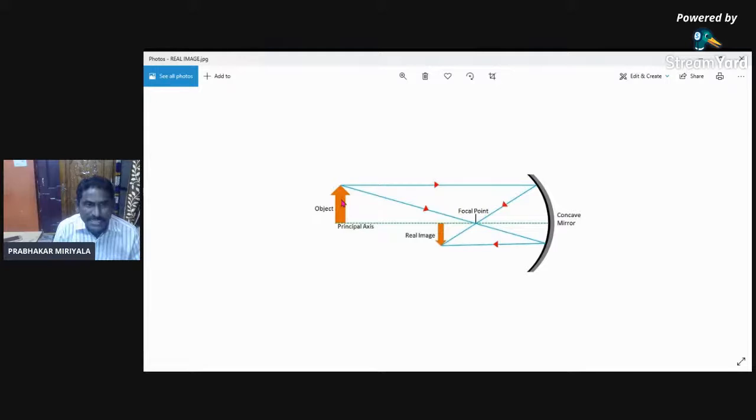If you observe the size of the object and size of the image, the size of the image is less than that of the size of the object. So this image is called as diminished image. Whereas మనం ఇంత ముందు చూసాం ఒకటి, ఒక్క నిమిషం,